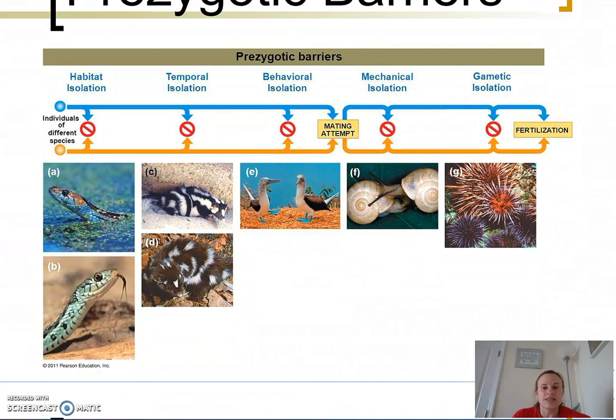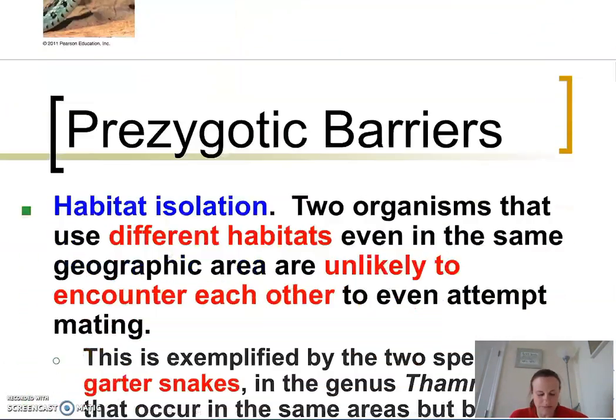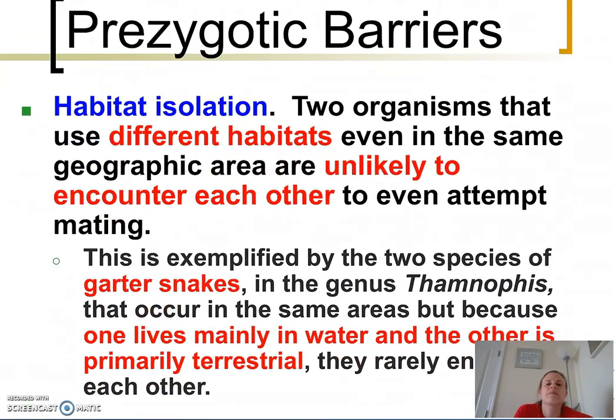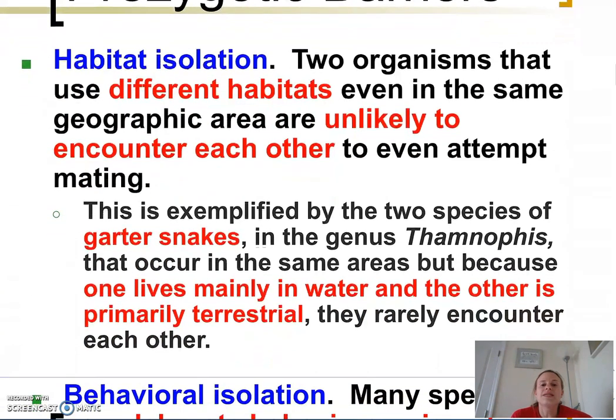They're nicely represented in this chart. And on, I think it's page 3 of your note packet, there's actually a really nice graph of all of these reproductive isolation mechanisms. So the first prezygotic barrier that I want to discuss is called habitat isolation, where